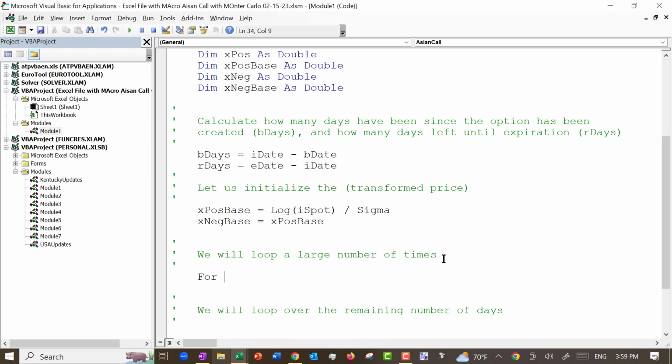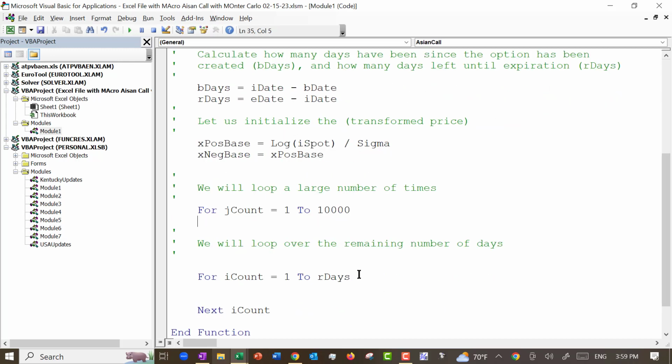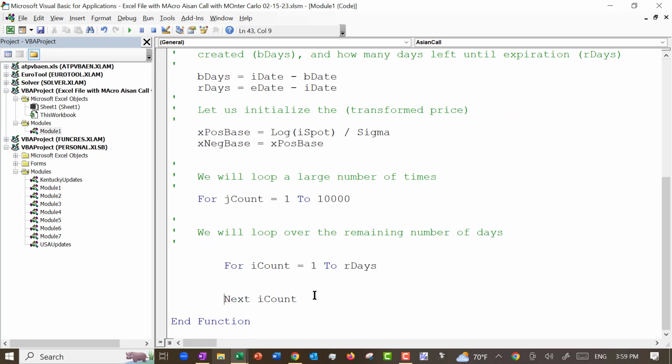For j count equals, for now, I'm just gonna put a hard number, but we'll make that into a parameter as well. It's always a good idea to do these. All right, within each loop,